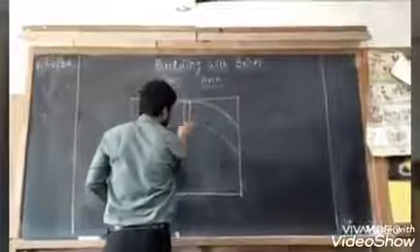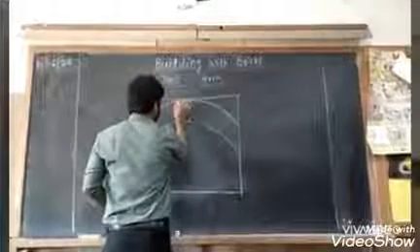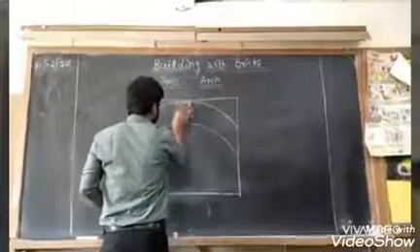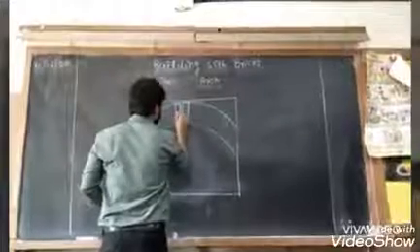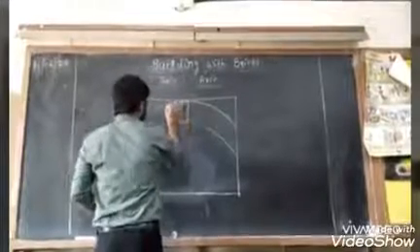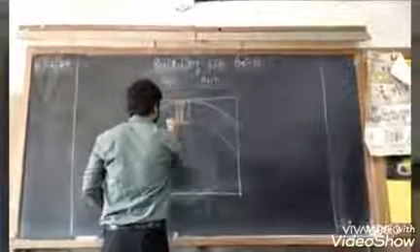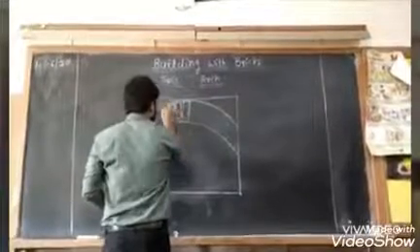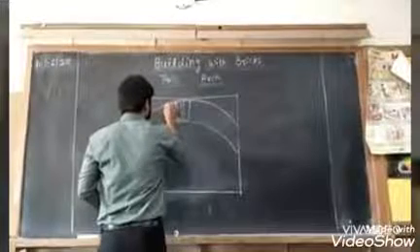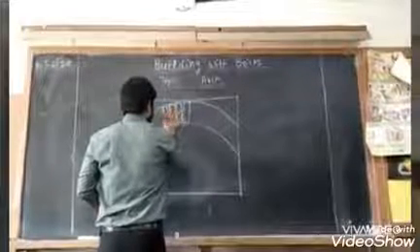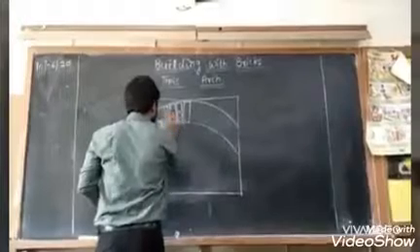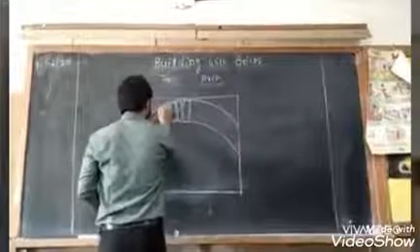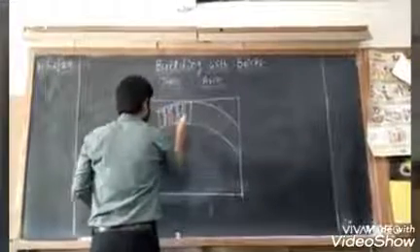So first we will take a complete brick. After that we will take two half bricks. So now you can see the pattern: a complete brick, two half bricks, a complete brick, two half bricks. In this way we have to complete the structure following the same pattern.